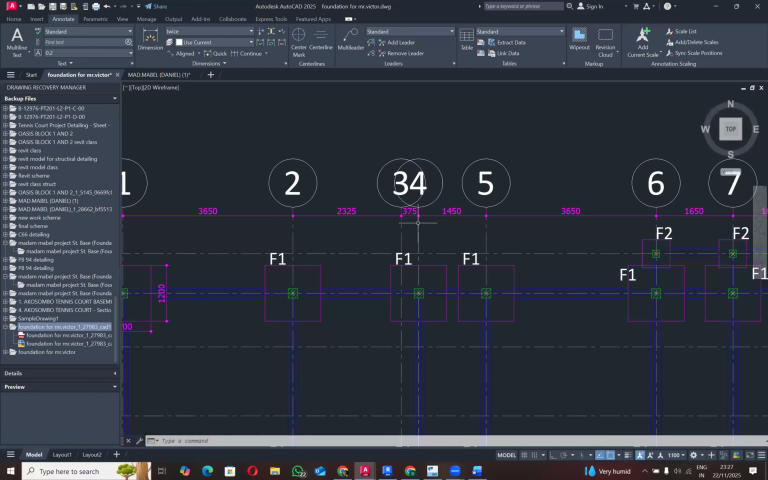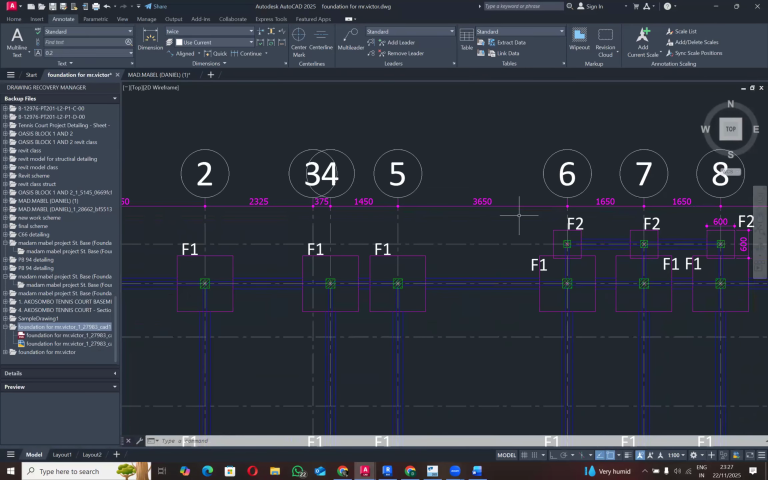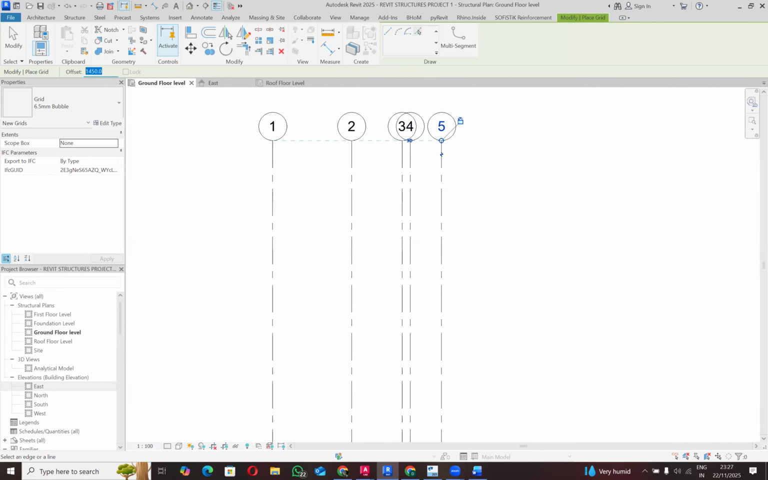The next one, which is from grid line 5 to 6, that's 3650. Hover over that one to the right. Okay, that's a grid line. Save. The next one is your